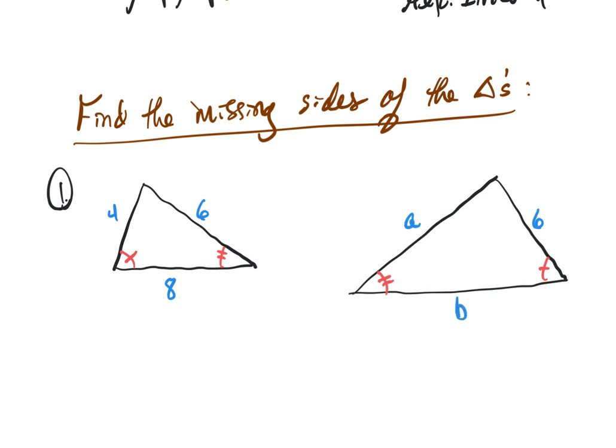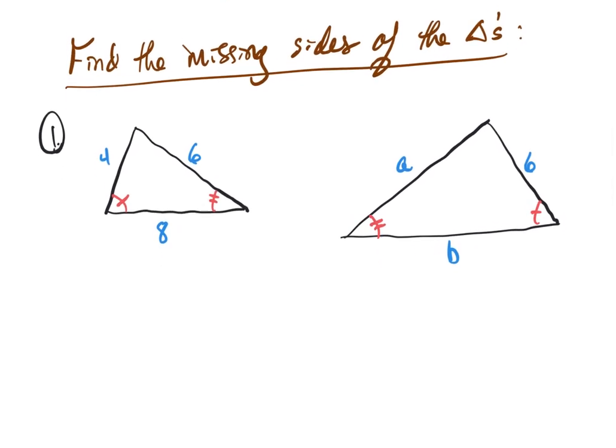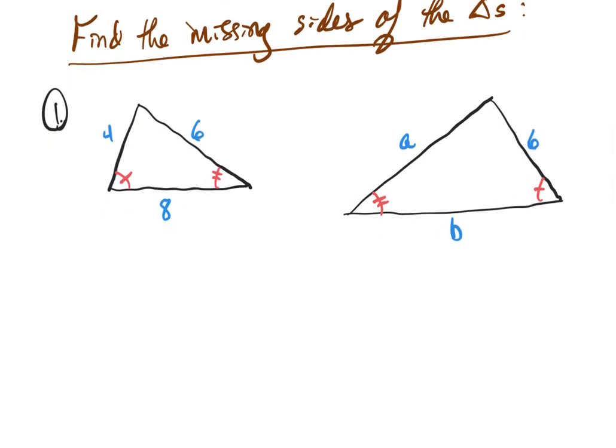That looks right. Okay. So how do we find missing sides or missing pieces of similar triangles? Well, once again, we know that the two triangles are similar to each other because we know two angles of each are equal. And then I need you to now remember the second part, which is if we have similar triangles, then the sides are proportional. Now, what that means for us is that we can set up a